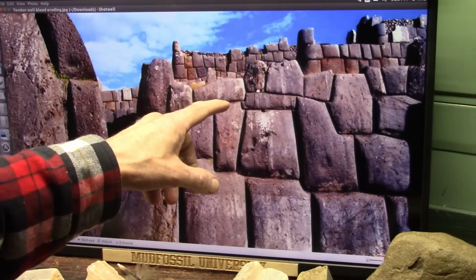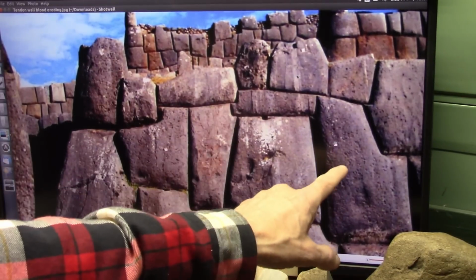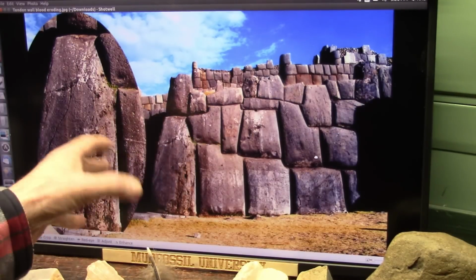But look at this one. Look at this one they used up here. That's almost like just a piece of rotted meat. This is what they want. At least this must be the really bad end of town, and they just wanted to throw whatever they could